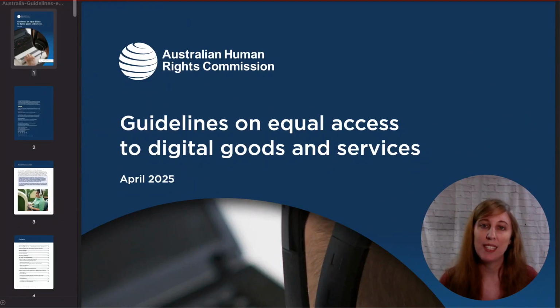Australia recently released updated guidance on how to make digital goods and services accessible to people. In Australia, the DDA, or Disability Discrimination Act, says that you can't discriminate against people with disabilities with regard to goods and services. It specifically calls out to follow the guidance from the Australian Human Rights Commission for how to do that. The Australian Human Rights Commission just released updated guidance in April 2025 to tell you how to avoid